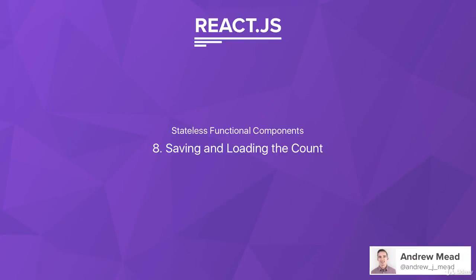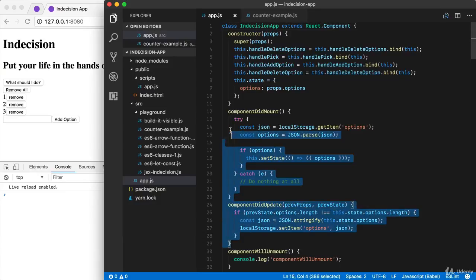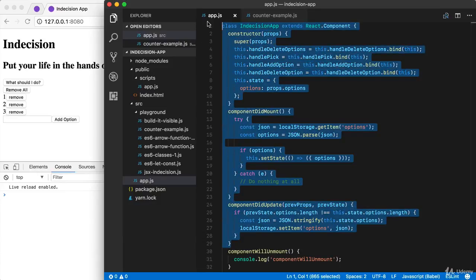In this video, you're going to use local storage and lifecycle methods to add data persistence to the counter example. So as we count up and down, we are going to store that count. And if the user were to close down the tab and come back, we're going to pick up right where they left off. That means you'll need to use lifecycle methods and local storage to keep track of that count